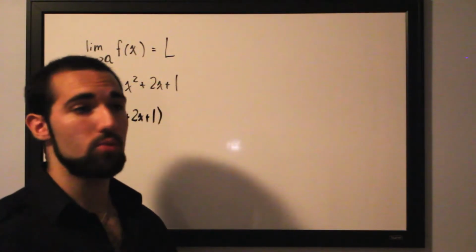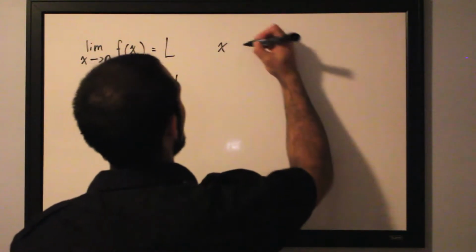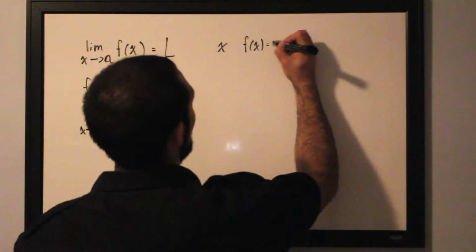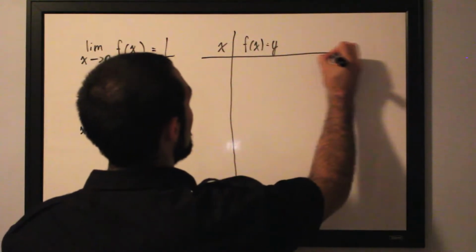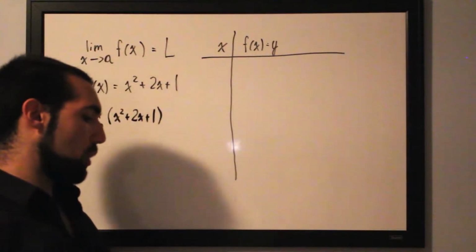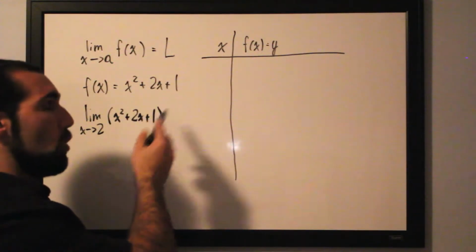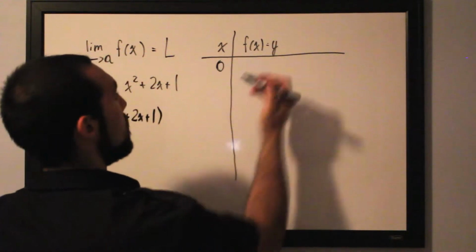So what we're going to do now is draw out a table of values which is going to tell us our x input and our f of x output, otherwise known as, this can be equivalent to y if you'd like. So if we were to try to plug in 0 into this function right over here, 0 plus 1, so our x is going to be equal to 0